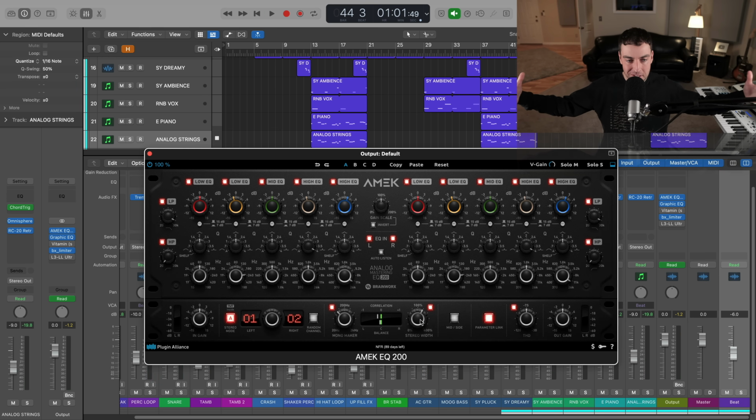Just a nice little hug in terms of the width there, nothing too crazy. We definitely don't want to open it up that much because you could hear we lose a lot of the impact and the dynamics of our beat mix, but we want to make it a little bit more exciting.